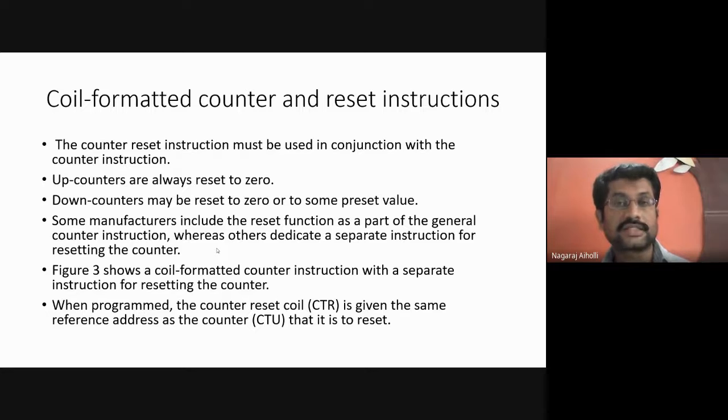In some instructions provided by manufacturers, the reset part is present along with the counter instruction. But in some of the instructions, the reset instruction is present separately.